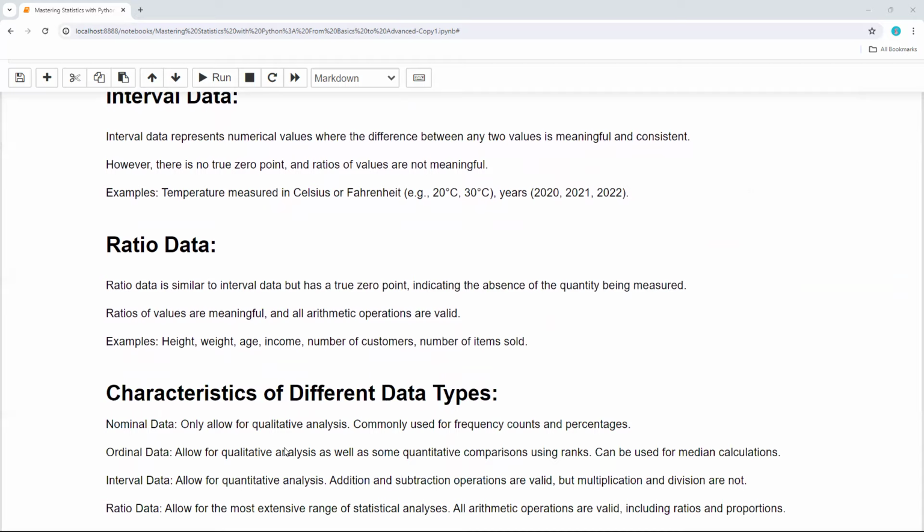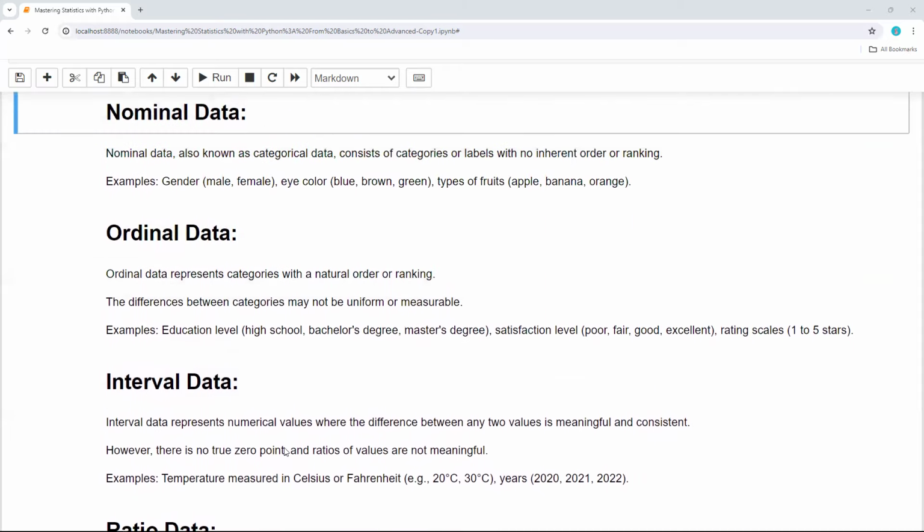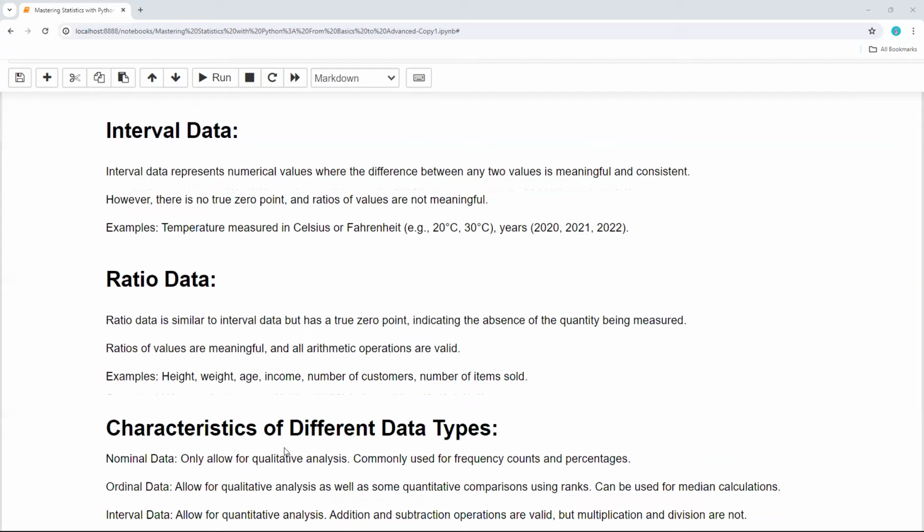For example, height, weight, age, income, number of customers, number of items sold. So here a true 0 is present. It has a true 0 point. So that is again one more data. So we do have four: nominal data, ordinal data, interval data, and ratio